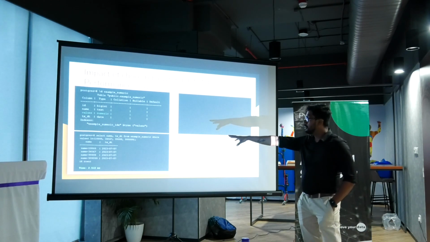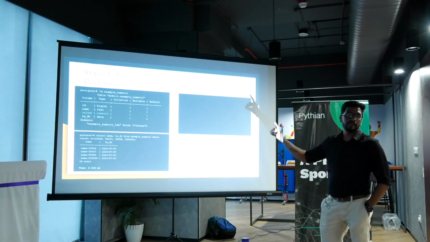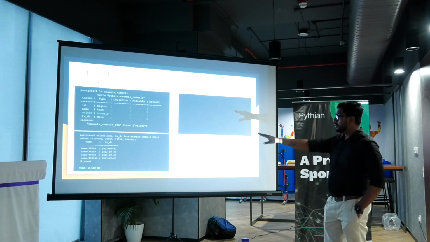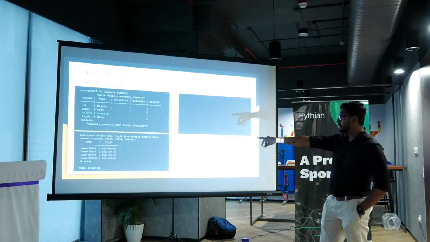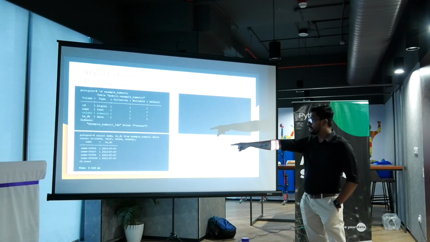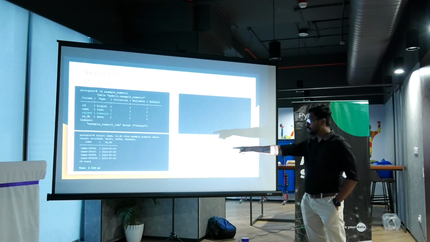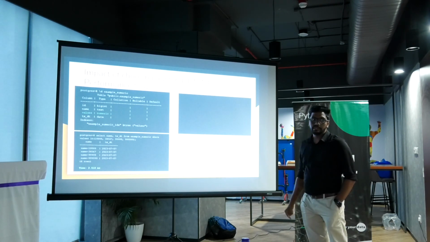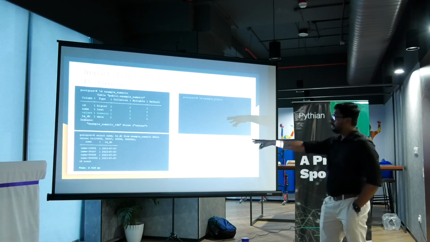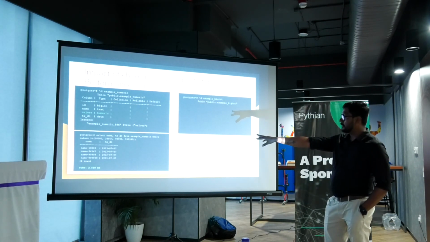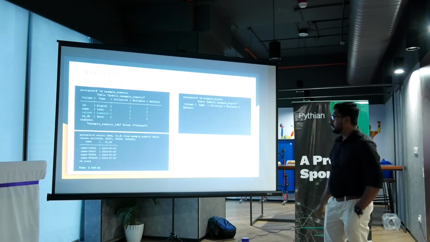Now I have inserted 1 million rows into this table. When I query some data using this values column, you can see it takes 2.51 milliseconds.